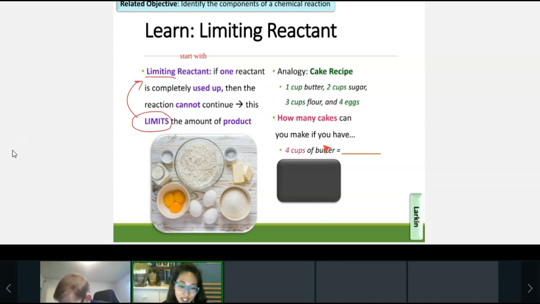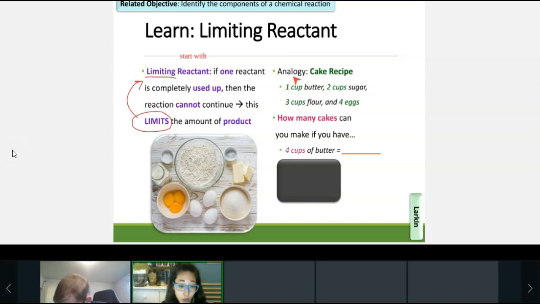So we're going to take a look at what we have in our cupboard, in our pantry, and we're going to pretend this is how much of each ingredient I have. Based on that ingredient alone, how many cakes can I make? And then we'll finally take a look at, based on all the ingredients I have, what is my final limiting reactant? So if I'm just looking at the cups of butter, let's imagine I've got 4 cups of butter,